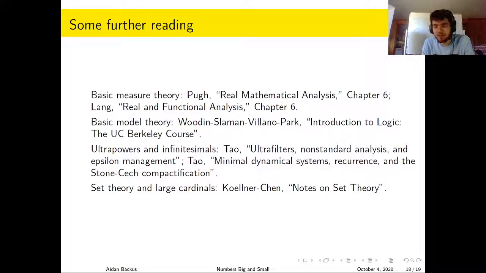In modern analysis, there are often very complicated technical arguments in that it's like for every epsilon there is a delta, such that for every n there is an eta, such that for every k there is a kappa, such that for every rho there is a... And it's just a nightmare where you have to worry about epsilon, which is small, and eta, which is very small, and kappa, which is very, very small, and n, which is very large, and it's just a mess. And infinitesimals can simplify arguments a lot. A very powerful tool. So this is not just like, oh, let's have some fun and prove some theorems from calculus. This is actually a very powerful tool in modern analysis.